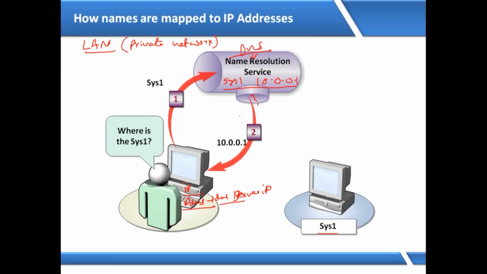So now these machines, without knowing it, went to the DNS. DNS has resolved, or changed, the name into IP. It has given the IP. Now using this IP, it will get connected to this system without knowing the